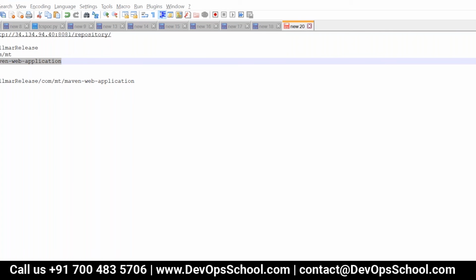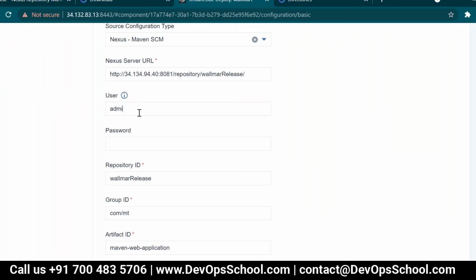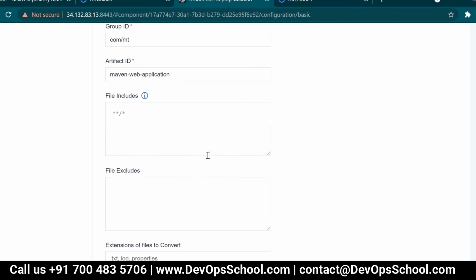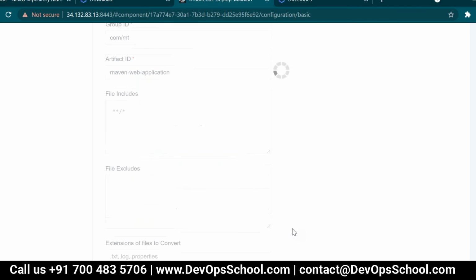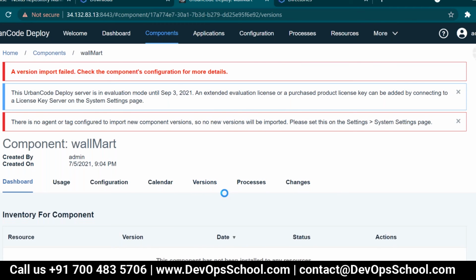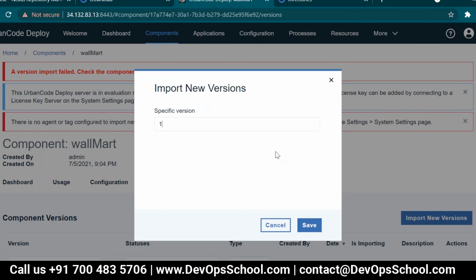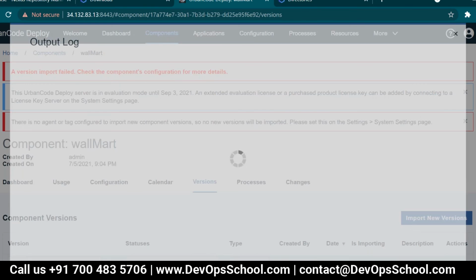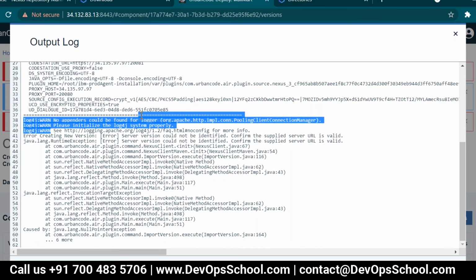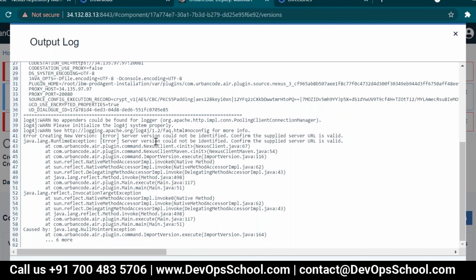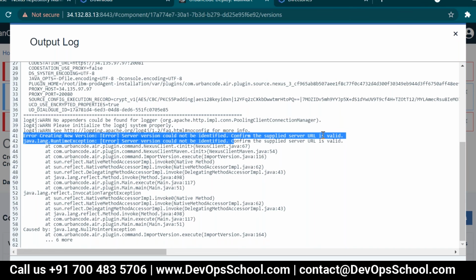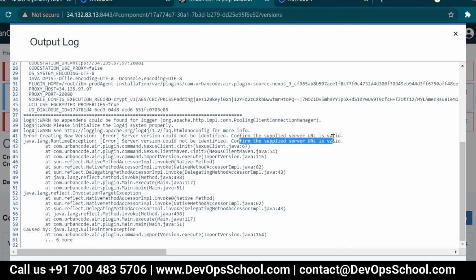Artifact. Could not get any file. Yeah, it is telling that the server confirmation of the supplier server is not valid.